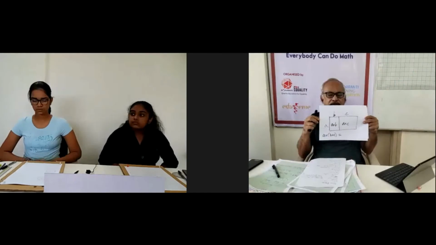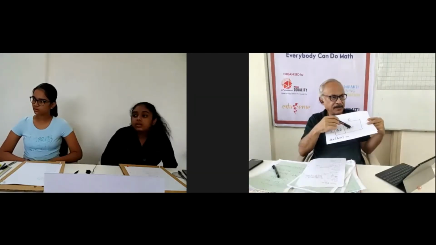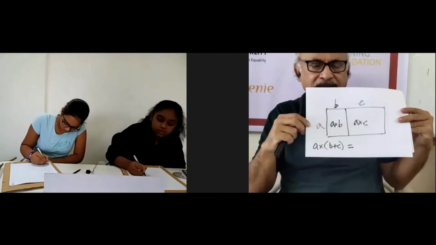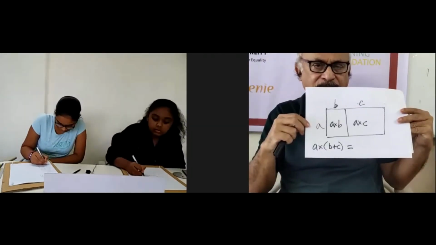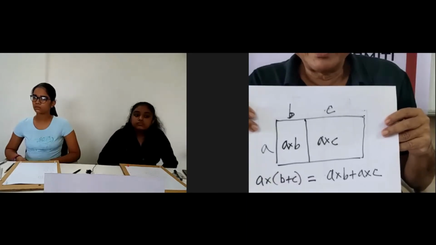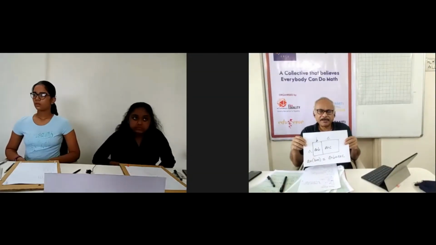I will write it here. So this big rectangle is A into B plus C, and that is two parts, A into B plus A into C. So please write that on your piece of paper. A into B plus C is A into B plus A into C. So when you have a problem like this, and I give you different values for A, B, and C, at that time,